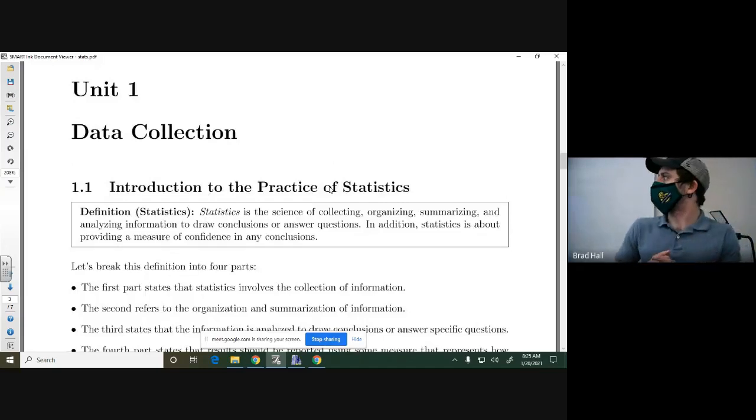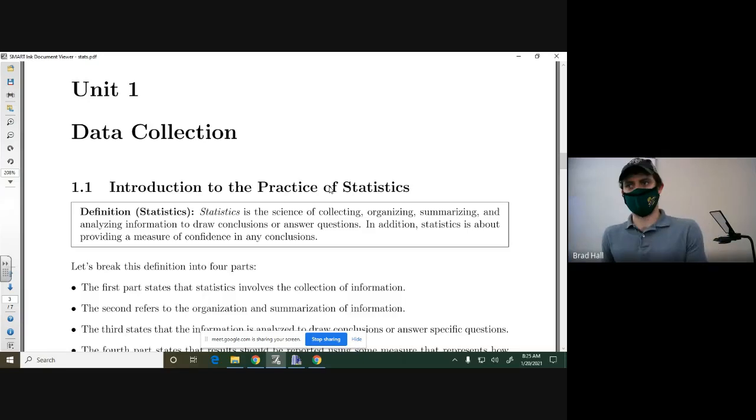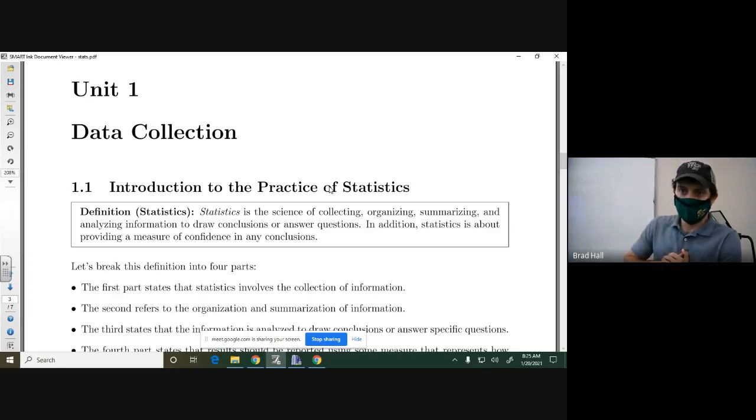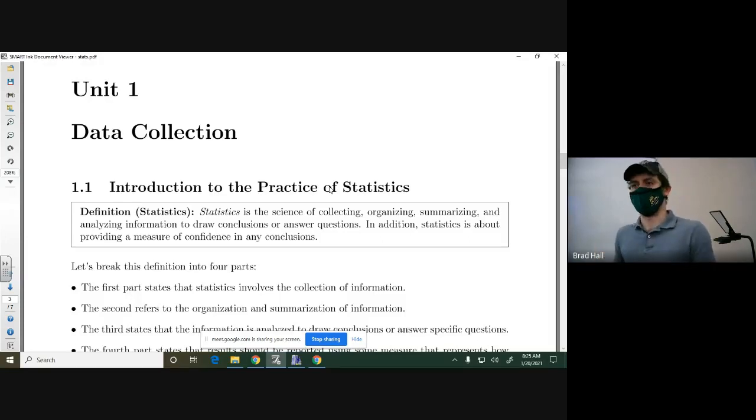So we start off with Unit 1 on data collection. We're just going to start talking about the introduction to the practice of statistics, really. So really, what is statistics? How do we apply it? What does it refer to? And what are the characteristics of it, among other things? Statistics is such a broad term. It's such an interesting term too. I've always thought of this class as the most practical math class that we offer for non-science majors. The reason why,